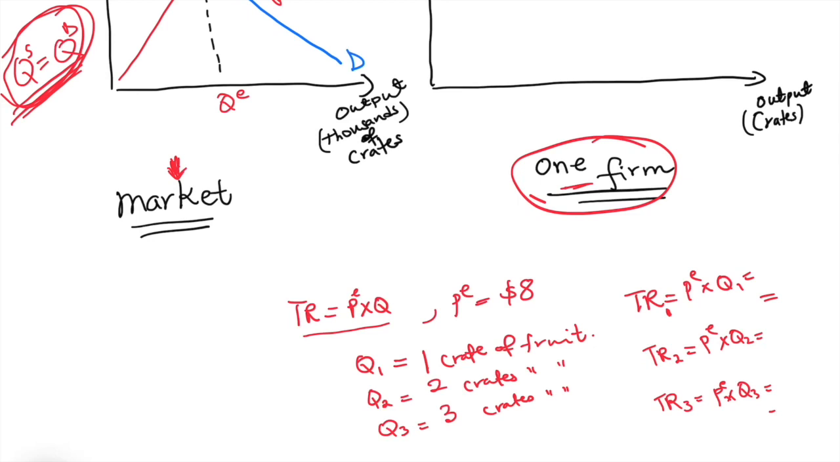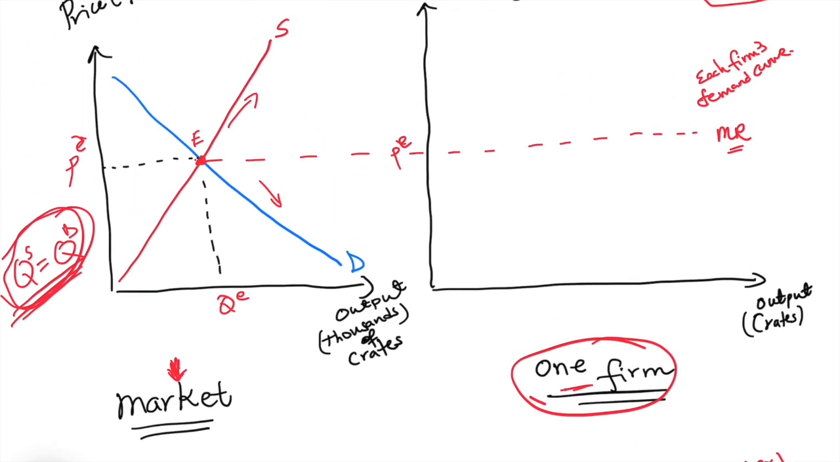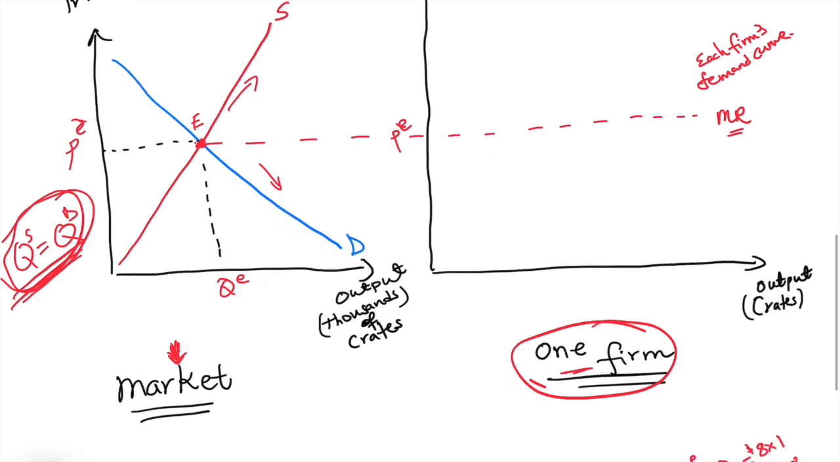Now, total revenue is PE times Q1 for total revenue 1. And so that's my $8 times the 1 crate. And so the total here will be 8. And total revenue for 2 crates, that will be, well, 8 times 2. And that is 16. For 3 crates, total revenue will be 8 times 3. And that is 24. Very interesting. Now, we are interested in how marginal revenue is just this constant line, also equal to 8, if